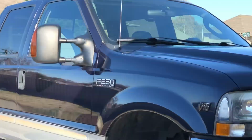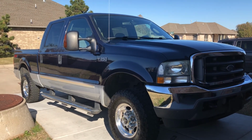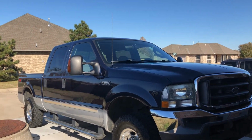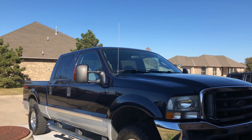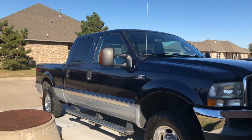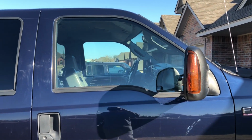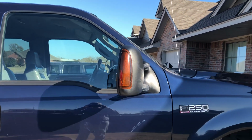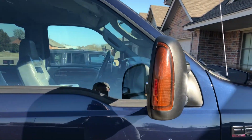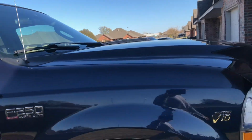Like, you can see right here on the driver's side, you can just see straight through that thing. If I was picking my nose, anybody could see it at a stoplight. No privacy. So the back glass is a little tinted, but the front glass definitely needs to be. And with the visibility, you're seeing these windows over here, how they dip down right there. That allows for really, really good visibility. You can see the road really well out of this big, tall windshield with these big tow mirrors. These are really good for seeing what's behind you, and it's a good rear view mirror back there too. Yeah, it's big, but